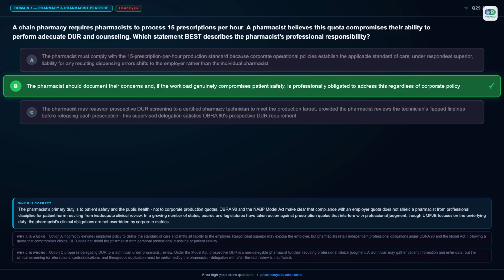In a growing number of states, boards and legislatures have taken action against prescription quotas that interfere with professional judgment, though UMPJE focuses on the underlying duty. The pharmacist's clinical obligations are not overridden by corporate metrics. Option A is wrong because Option A incorrectly elevates employer policy to define the standard of care and shifts all liability to the employer. Respondent superior may expose the employer, but pharmacists retain independent professional obligations under OBRA 90 and the Model Act. Following a quota that compromises clinical DUR does not shield the pharmacist from personal professional discipline or